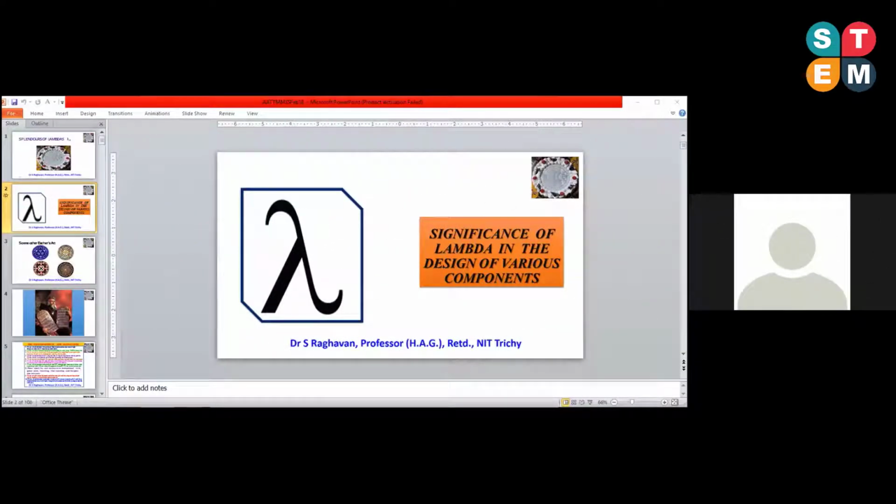This presentation is something to do with the design of microwave integrated circuits. When you say design, there are only three parameters one has to decide. One is the length, the other one is the width, third one is height. Out of these three,